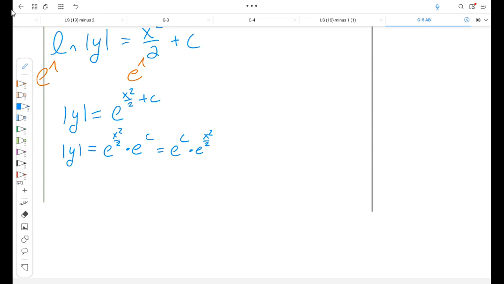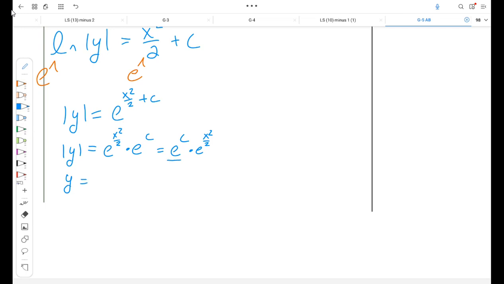Because that e to the c could be any number in the world. So e to the c could not be any number in the world, but any positive number in the world, right? Yeah. So e to the c could be any positive number in the world. And that fact is going to help us get rid of those absolute value bars. So I know that to find the positive version of my y value, I take any number in the world and multiply it by this function, e to the x squared over 2. In this sentence, I don't know whether my y is positive or negative, but I can tell you that y equals,